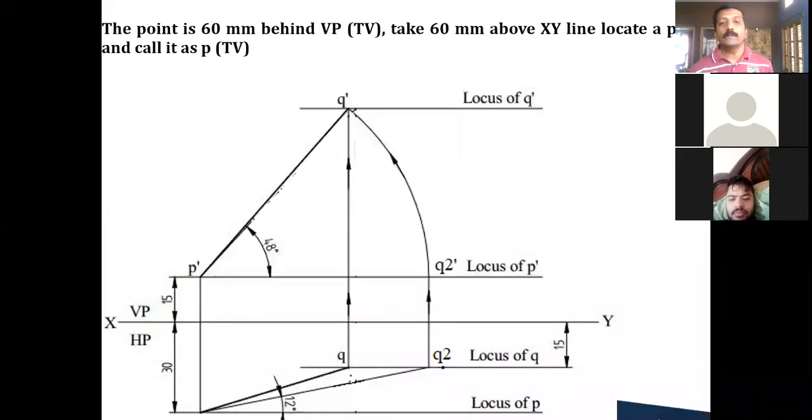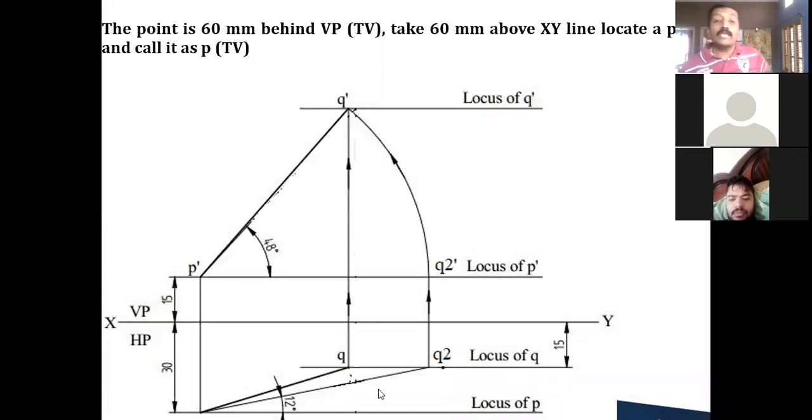So now, from Q I will draw a vertical projector upwards like this, some length. Because Q is there, Q dash also should come on the same line. Because P and P dash are on the same line, the other end of the front view point also should come on the same line. So I'll draw a vertical projector from Q to some height like this. Anywhere on this particular line only I should get my Q dash.